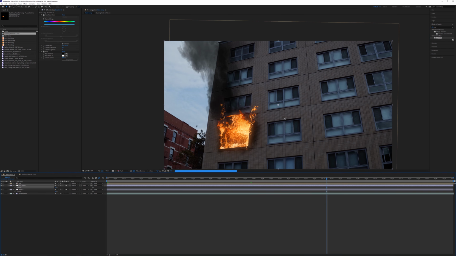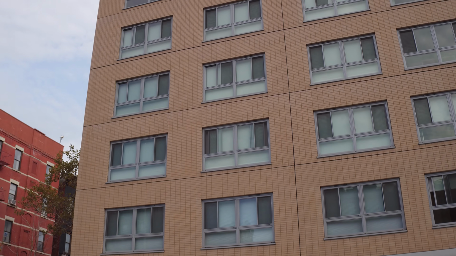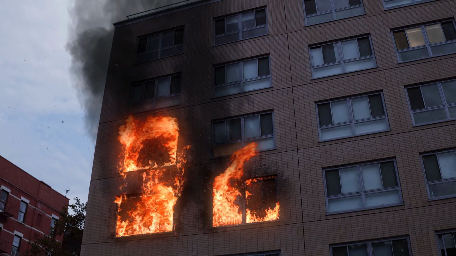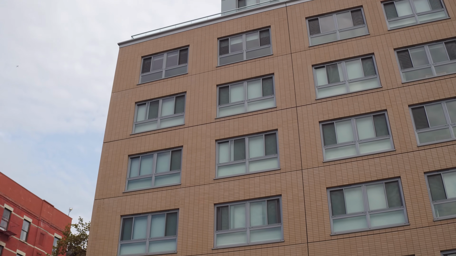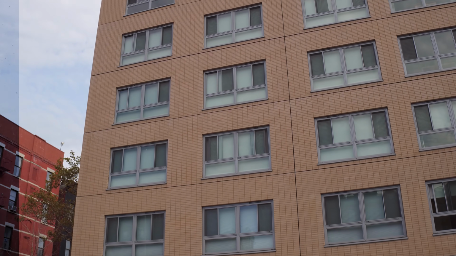Also in the main version, I painted out that plane that you can see. If we look further down, got rid of that. Then I went ahead and added just a little bit of heat distortion and some falling embers. But the point of this video is basically just to practice some tracking and to show off these really cool action VFX elements.